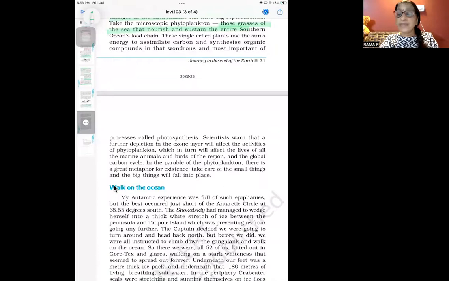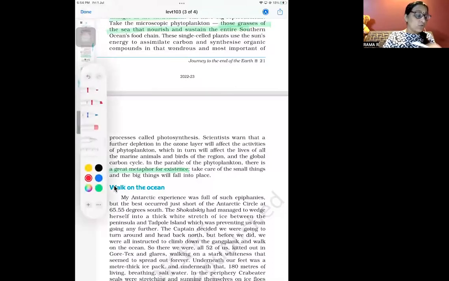Scientists warn that depletion in the ozone layer will affect the activities of phytoplanktons. अगर phytoplankton नहीं होगा तो क्या होगा? The marine animals, the birds of that region will deplete. यानी कि अगर हम चाहते हैं whale जिंदा रहे तो small fish जिंदा रहे तो phytoplankton, और phytoplankton जिंदा रहना है तो इकोलॉजी को देखना है, यानी कि आपका पूरा इकोलॉजिकल सिस्टम. सबसे छोटा एल्गी, फिश, फिर देन आपका लार्ज, and the global carbon cycle. In the parable of phytoplankton there is a great metaphor for existence. मतलब कि इन दिस एग्जाम्पल, ये जो छोटा सा मैंने एग्जाम्पल दिया है, इसमें आपका जो सबसे इम्पॉर्टेंट चीज है, and that is you need to understand